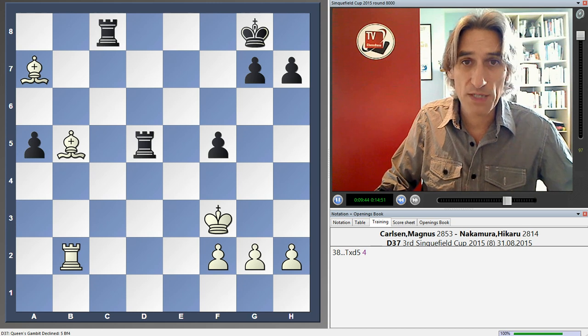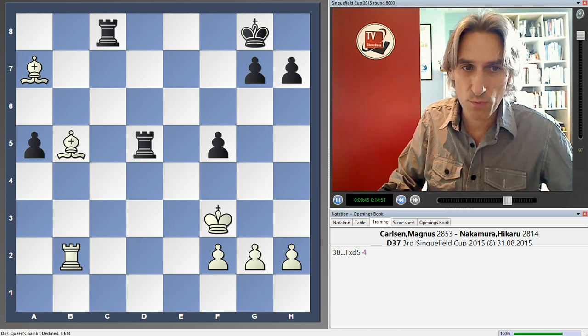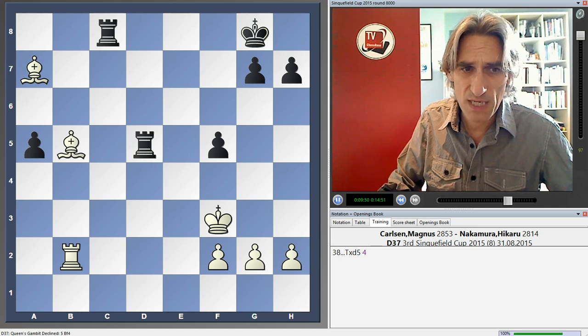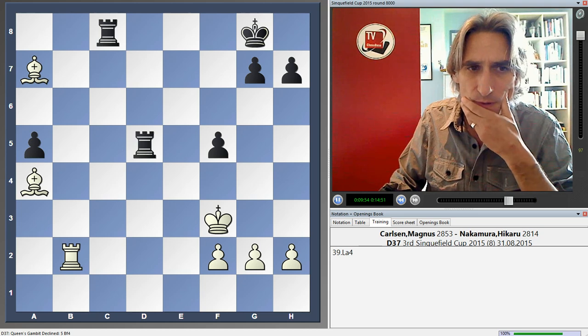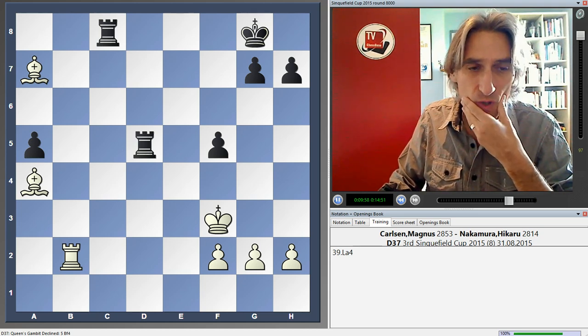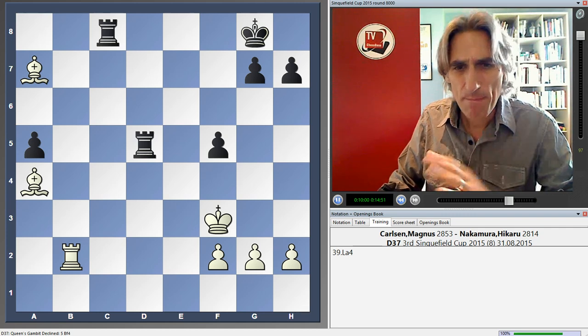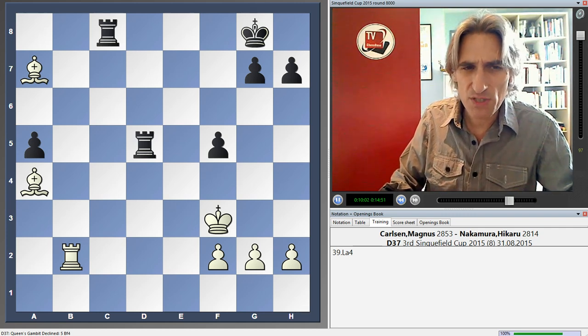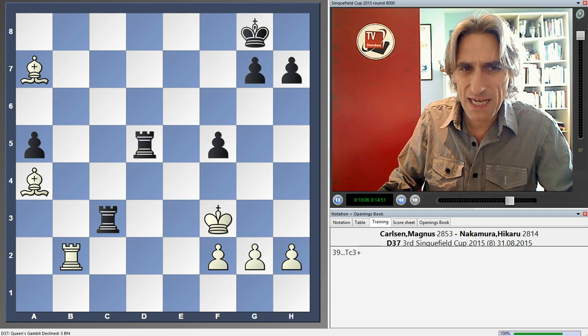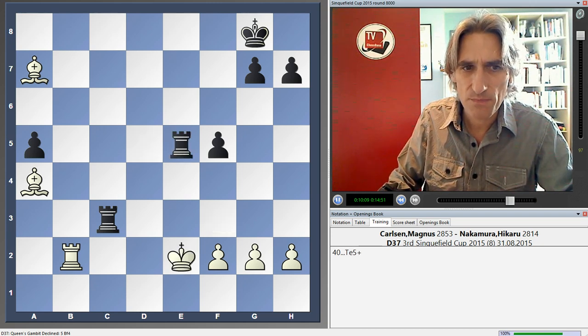So Nakamura manages to get rid of that dangerous central pawn. And now here, Carlsen played bishop e3. I thought he should have played bishop a4 to keep rooks on the board. But this is a very tricky position. I can understand why he didn't do this, because suddenly white's king lacks a little bit of protection. So, for example, here,